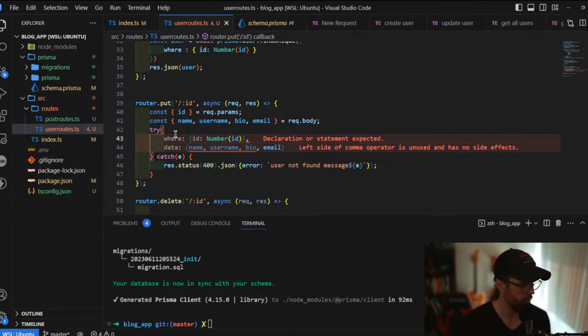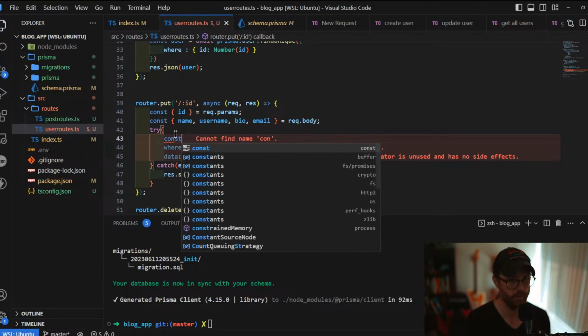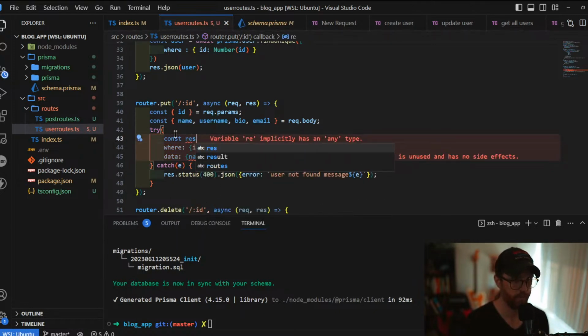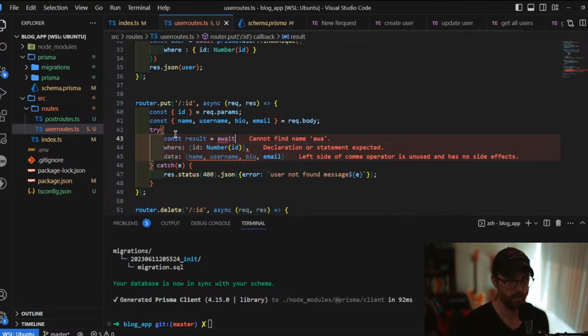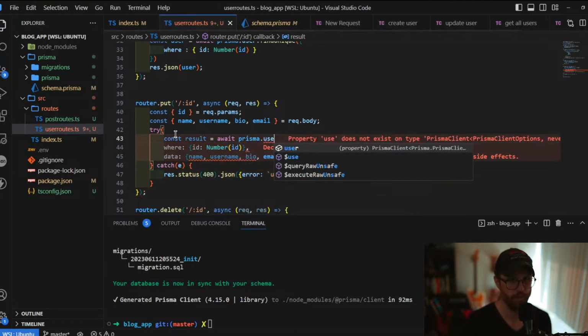Declaration or statement. So you try. Oh, I did that wrong. So const result, and then we do the await stuff. There we go. Prisma dot user dot